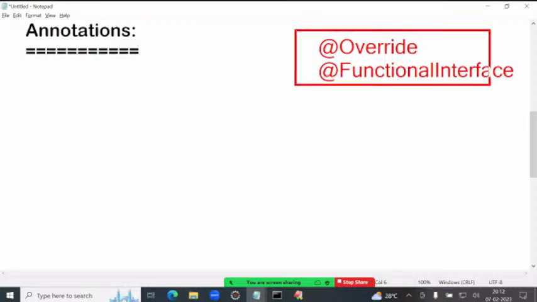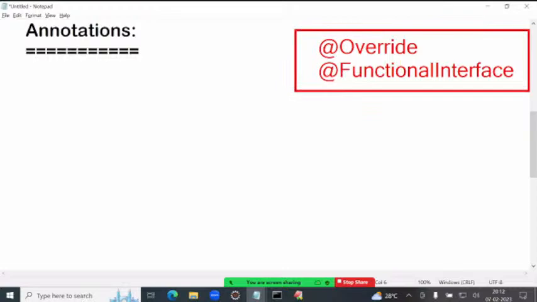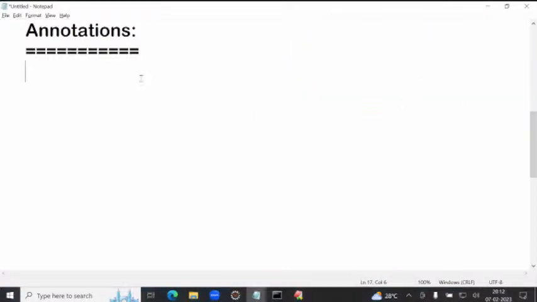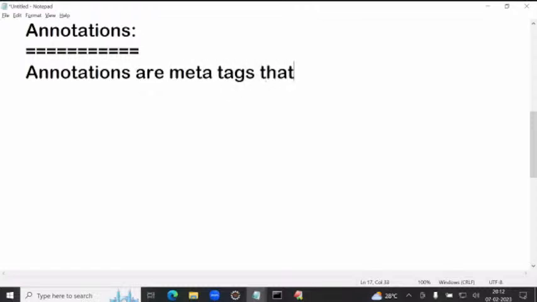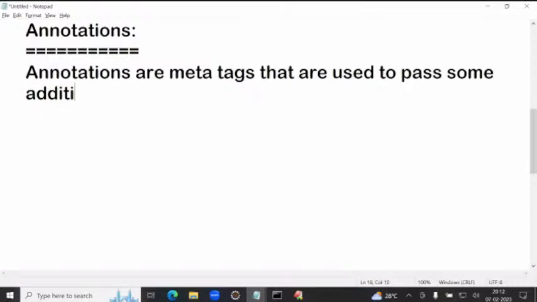These annotations are for compiler purposes, but here, in servlets, annotations serve a different purpose. Write it. Annotations are meta tags that are used to pass some additional information